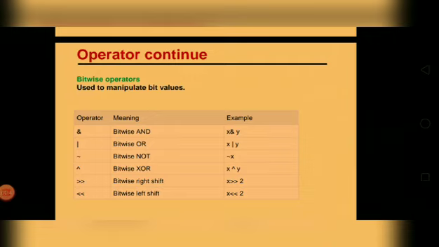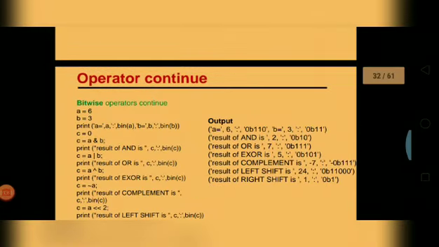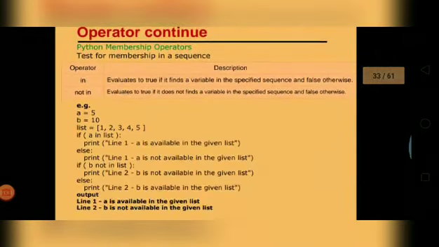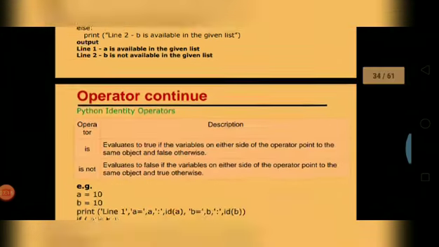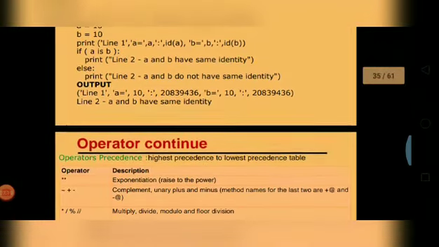Next is the bitwise operator, but it is not in the syllabus now. After that we have the in and not in operators. Basically we use them with loops. It can check whether a particular data type contains a value, yes or no. Not in means if it does not contain the value in the list, then it will show true, otherwise false. Here are a few examples, we have already done this.